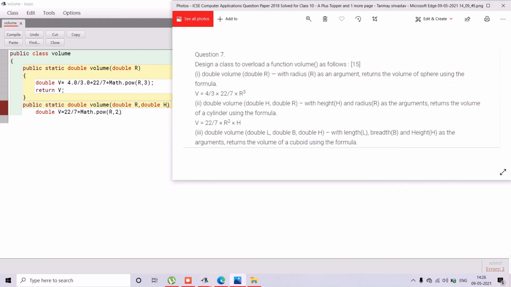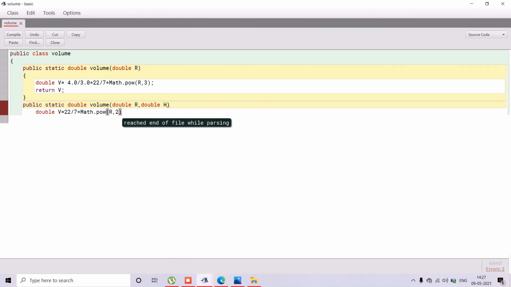What is given here? 2 and R, then into. I have told you that this is not the asterisk symbol, that is the multiplication sign, then H. Remember, if you have typed H here in uppercase and here you type it in lowercase, then it will be wrong, because uppercase and lowercase letters are not the same.